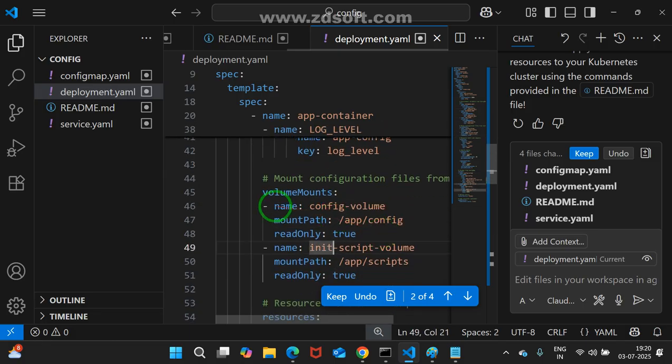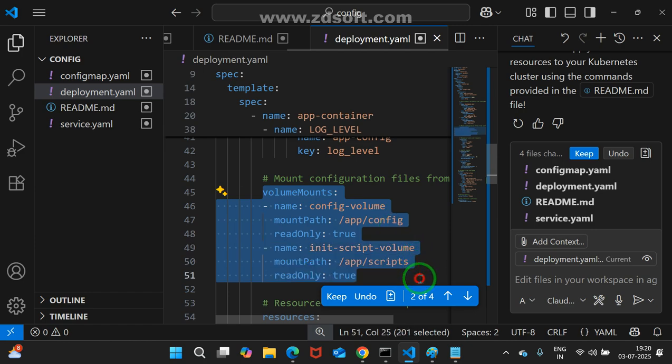Please observe. Now, volume mounts, I'm asking you: do volume mounts belong to pod level or maybe container level? First, try to give me the answer. Is it right or wrong? Leave it. Just guess it, maybe true or false. Maybe you tell one thing, I'll give the clarity. Volume mounts belong to container level. Please try to remember: container level.